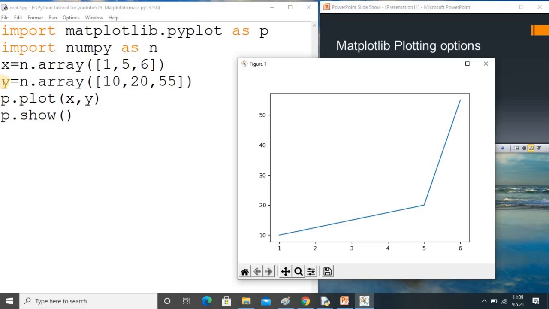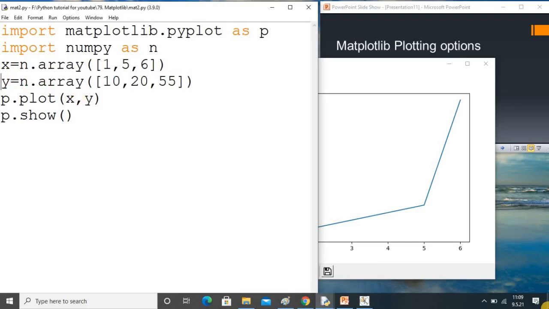But what will happen if we have only one axis in this example? Suppose I comment out this statement and take only one axis. That is quite interesting. I will tell you in advance, this axis will be treated as the y-axis, and the x-axis will work with default values like 0, 1, 2, 3.